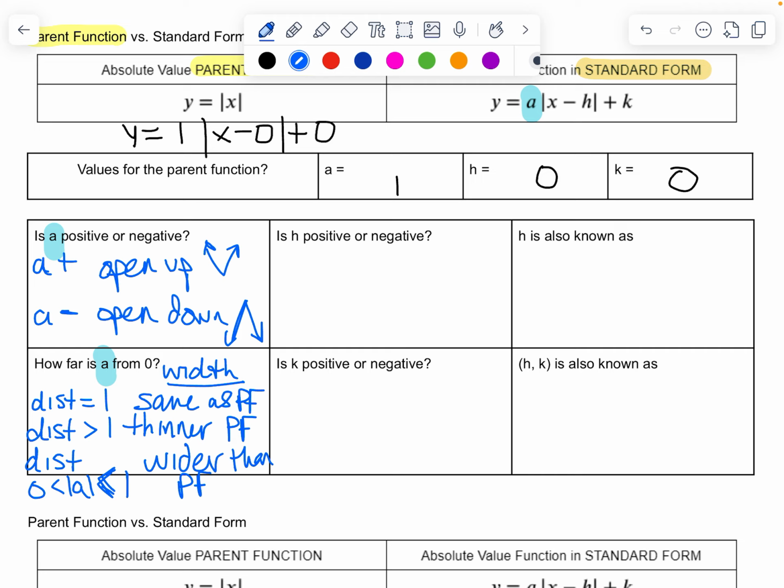Conceptually, that might not necessarily make too much sense in terms of how that appears until we get these graphs going. But for now, let's just understand that the a value does two things. It could keep the absolute value function pointing upwards or make it go downwards if it's negative. And then we also have to take a look at the distance. Again, we know distance is always a positive conversation. But is the distance equal to 1, greater than 1, or somewhere between 0 and 1? That's what we're looking at, the a value. It will tell us a lot of stories when we do our